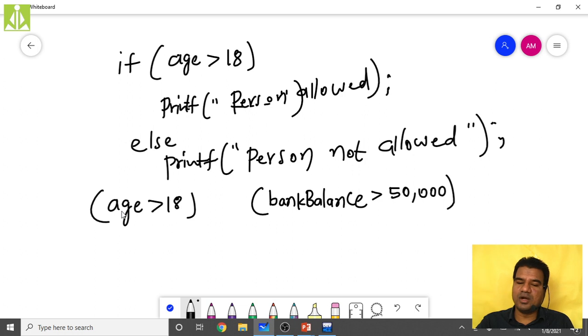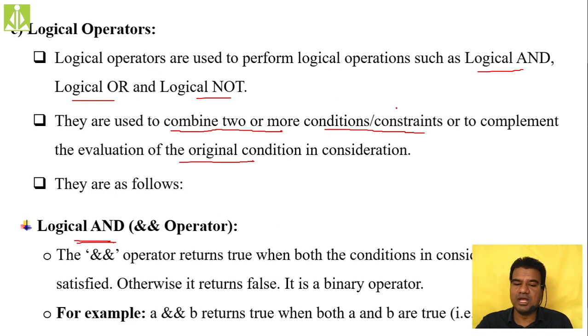So if you want both the conditions to be met, simply put logical AND. This is your symbol. If you want both the conditions in your logical expression to be met, use the logical AND operator.